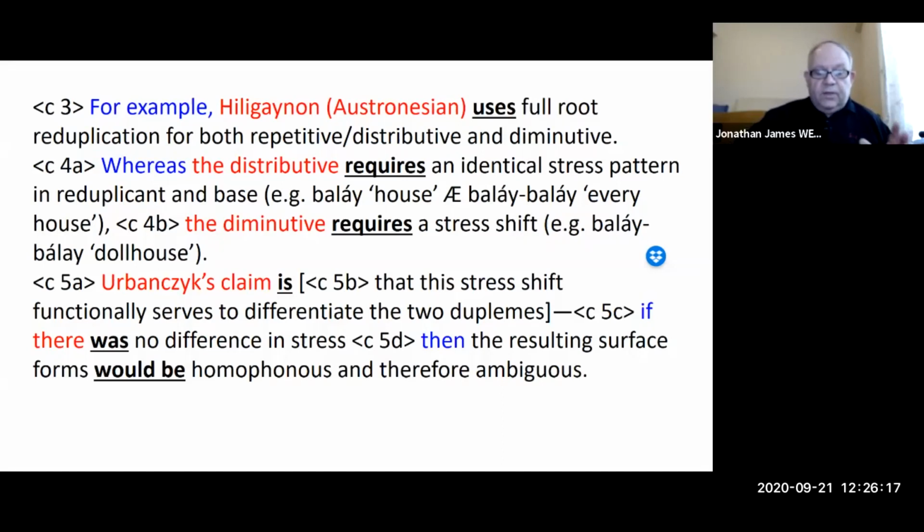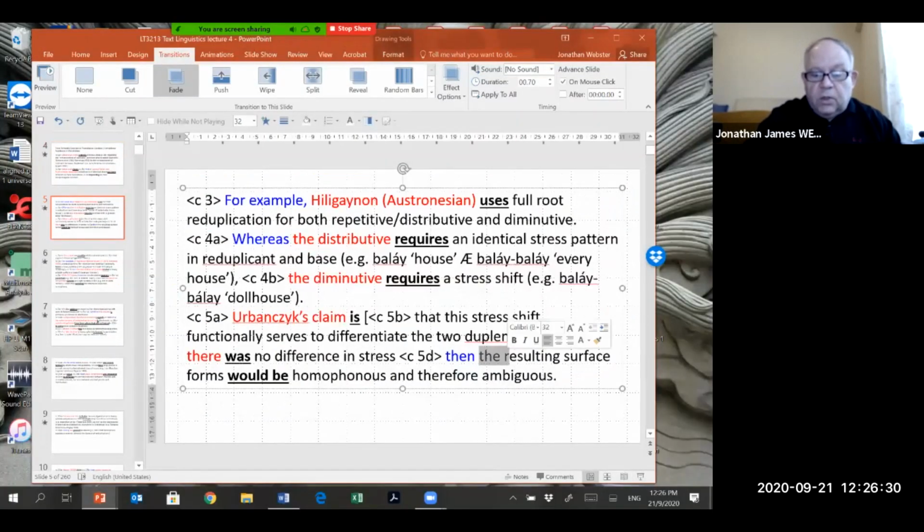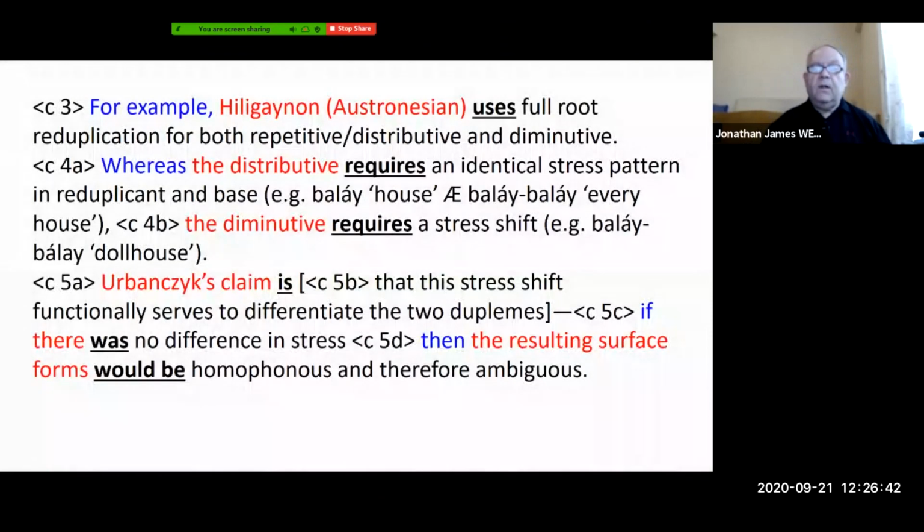Okay, 5C, if there was no difference in stress. 5D, then. Okay, sorry, one more correction I need to make here. 5D, this is theme. Let me correct that right here. Okay, if there was no difference in stress, 5D, then the resulting surface forms, theme, would be, that's